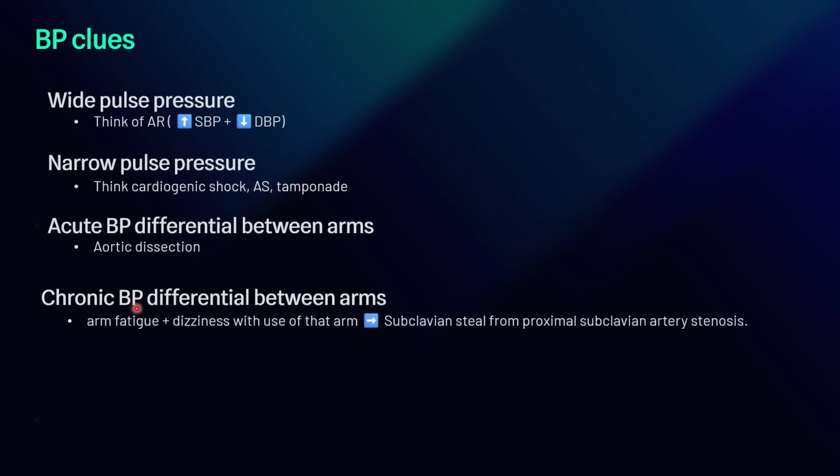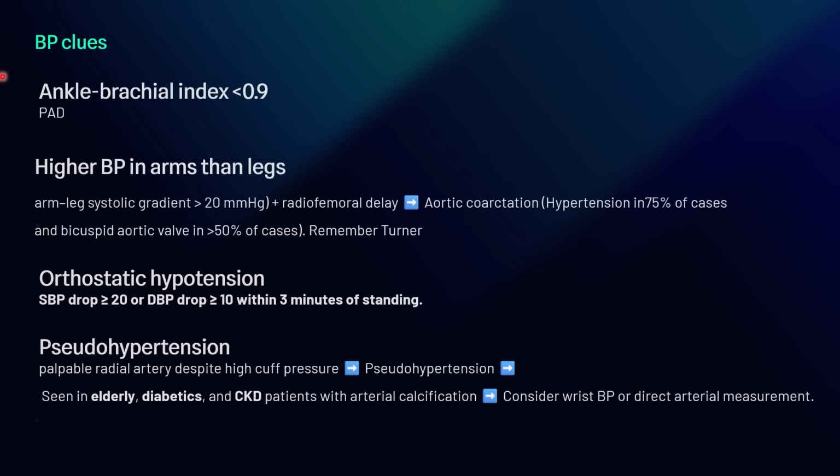Chronic blood pressure differential between arms plus arm fatigue, dizziness with the use of that arm, think of subclavian steal from proximal subclavian artery stenosis. Ankle brachial index below 0.9, think of peripheral arterial disease. Higher blood pressure in the arm than legs, with a gradient more than 20 mm Hg plus radiofemoral delay, classic for aortic coarctation, where 75% of patients have hypertension and 50% have bicuspid aortic valve, and remember it's associated with